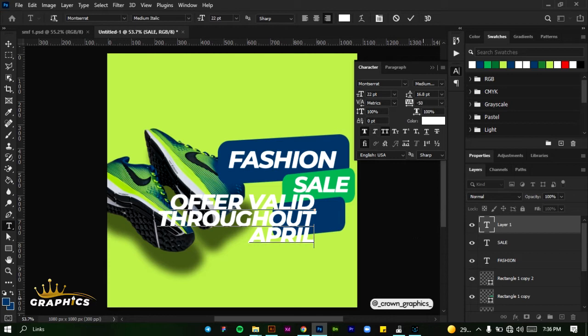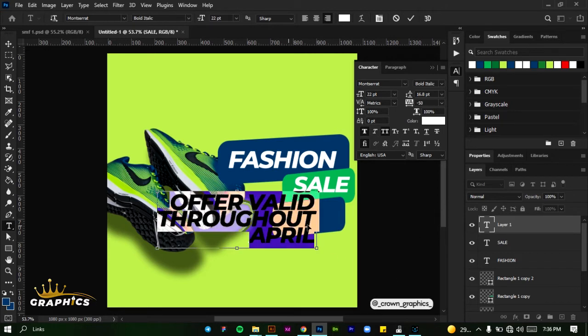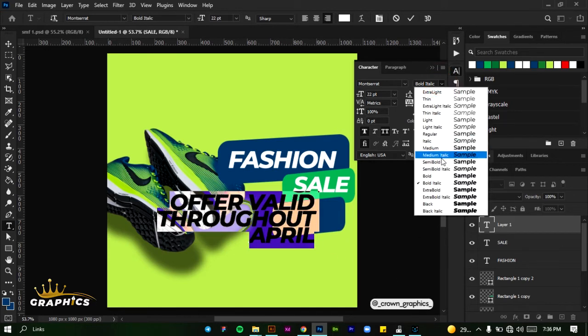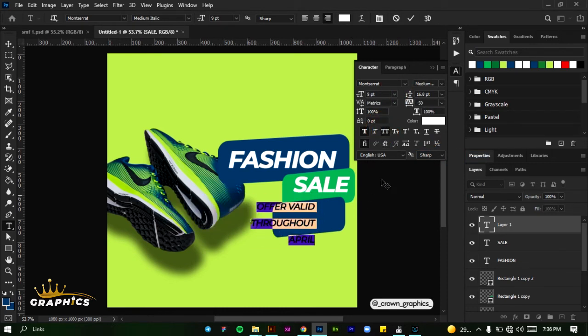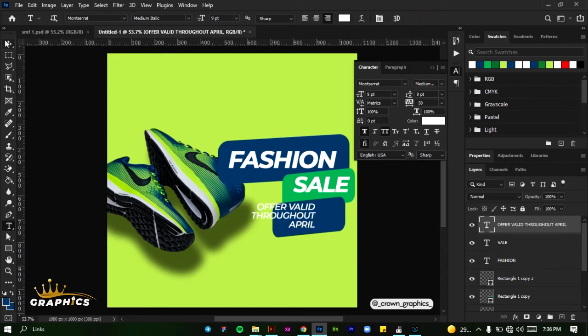Once I've changed it to a medium italic, Control A and change it to a medium italic. And we'll reduce the text size and bring it down a bit to say 9 points. And we'll reduce the line spacing. Bring the line spacing to around 9 points. Yeah, that's okay too. So once I've done that, we'll click on our tick mark and we'll drag this and